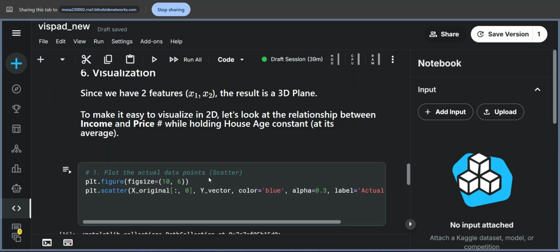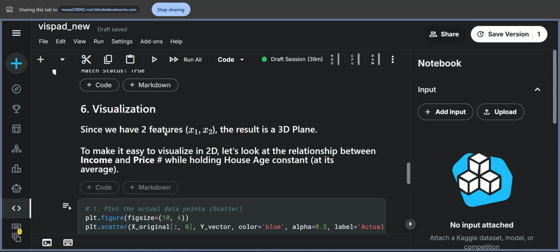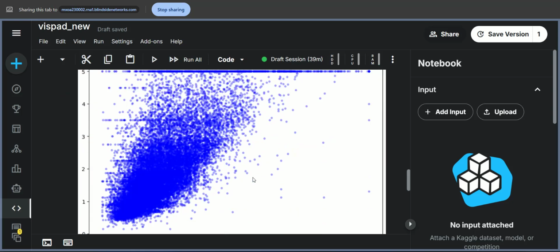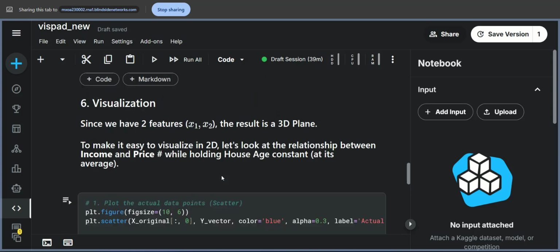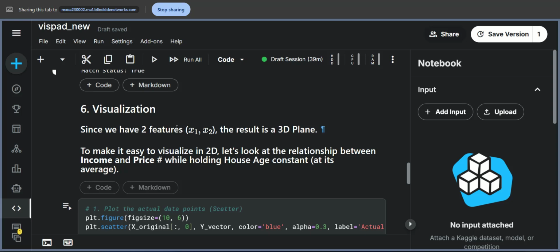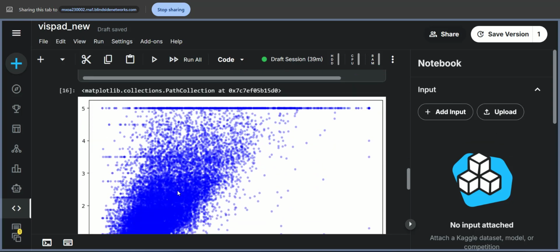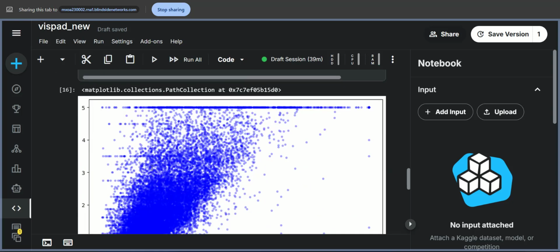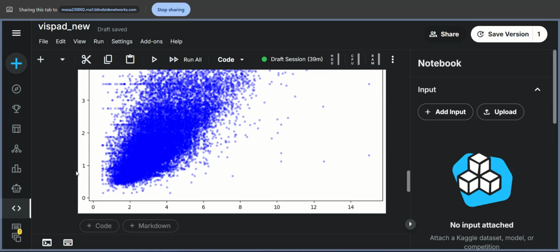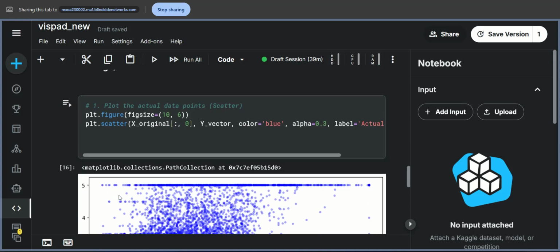This is how we have to visualize, right? But we have a 2D plane, right? We cannot visualize the one with the bias, and also with the house value itself. So we can make one feature constant, and then find the house value, like how much one feature is contributing to the house pricing or the house value, right? So you can see here,